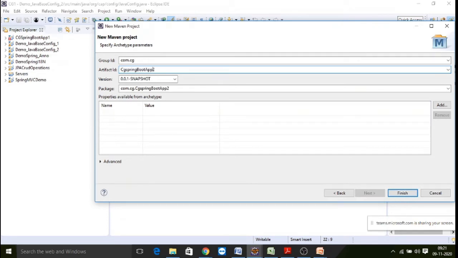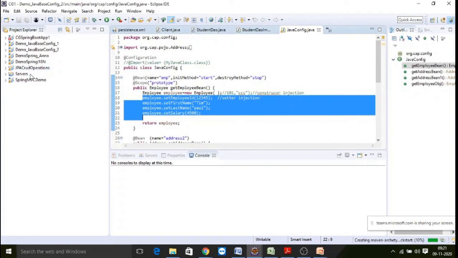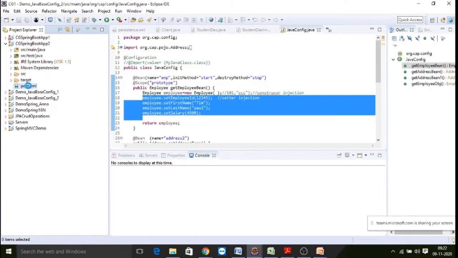I'm going to create one more Spring Boot project, that is Spring Boot app 2. That's all, creating a normal Maven project. Then how do we convert that into a Spring Boot application?